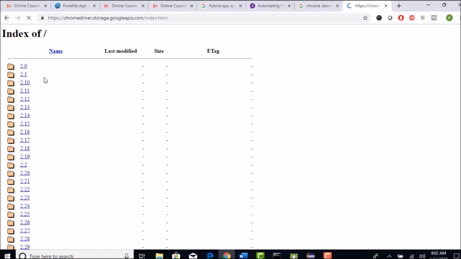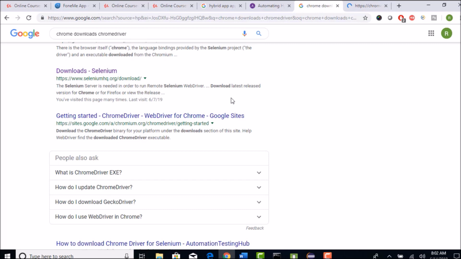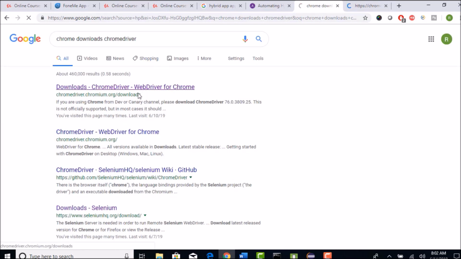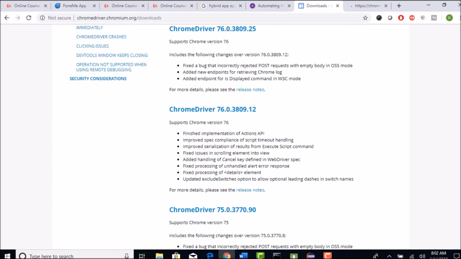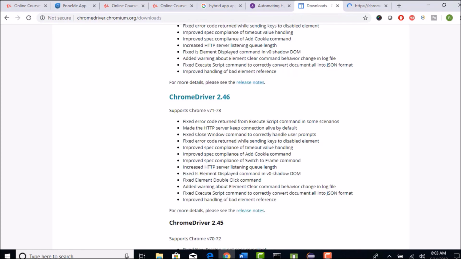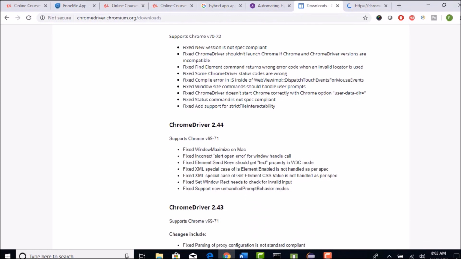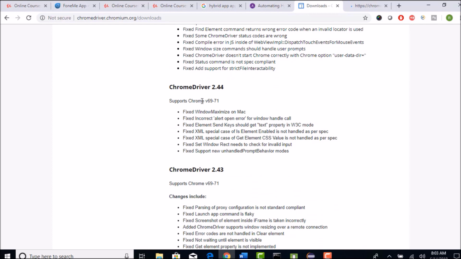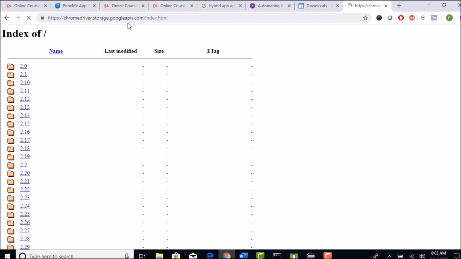Okay, these are the different versions available, but we are not sure which one supports 69. So let's go to their official chromium.org, and here 69 is what you are using, right? Yes, Chromedriver 2.44 supports Chrome version 69 to 71. So basically we need a driver version of 2.44 if you want to work with your emulator's Chrome version. So come to this link, you can bookmark this in your system.